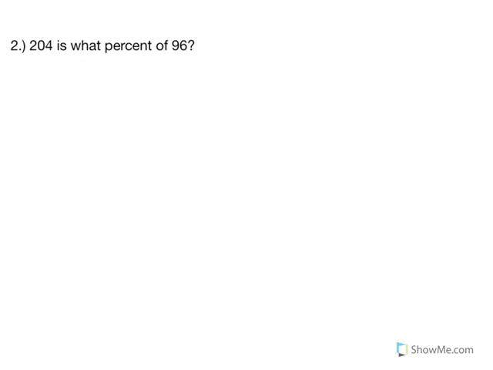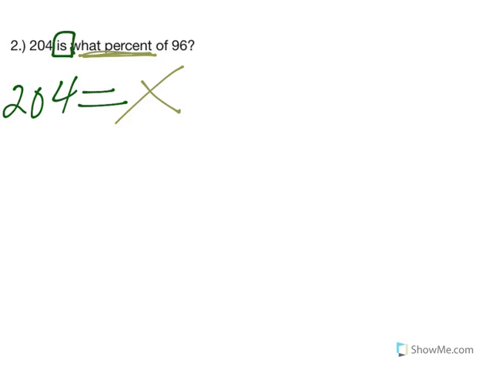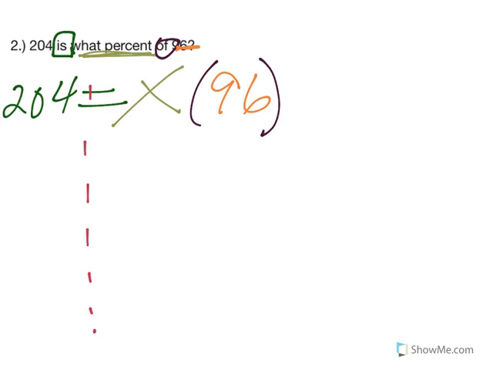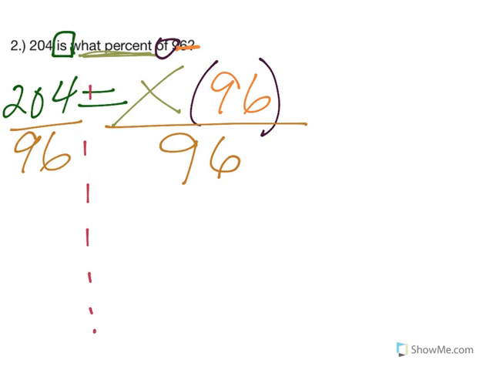So number two, 204 is what percent of 96? Just as we see it, 204 "is" means equals. What percent? I don't know. I'm changing colors because I'm bored with green. "Of" means to multiply, and then you can see we have another number. So on the right side of the equal sign, I have x times 96. Obviously, the opposite of multiplication, as we just said, is divide. So same steps. If you have a number times x, you always want to divide. So I will end up with x equals